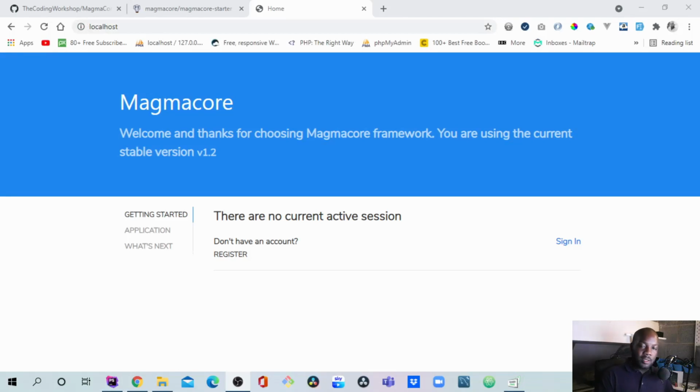So this is the home page. This is going to be the landing page. It's going to be the first thing that we tackle. The first controller we're going to be building is this home controller, and I want you to see how simple it is to actually get a route ready and a view so you can see what's going on. And then we're going to go on to stuff like